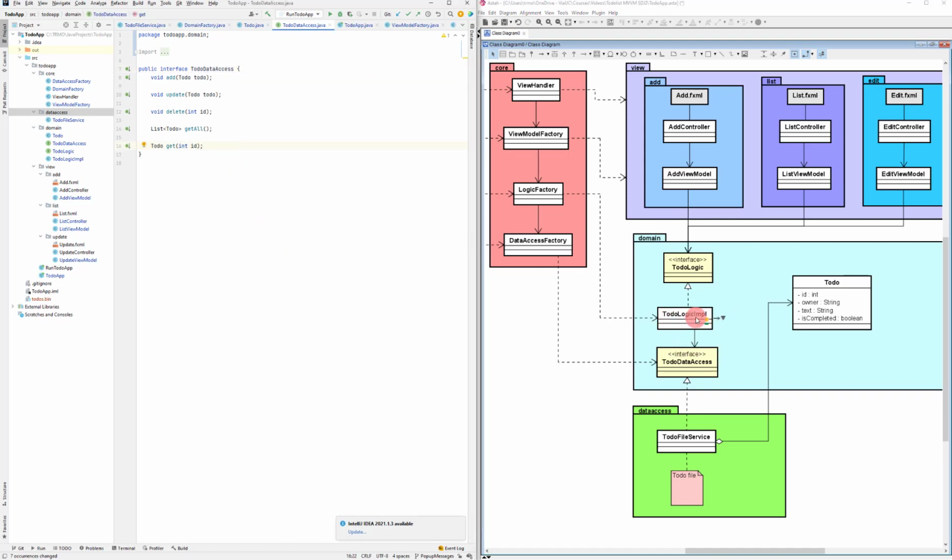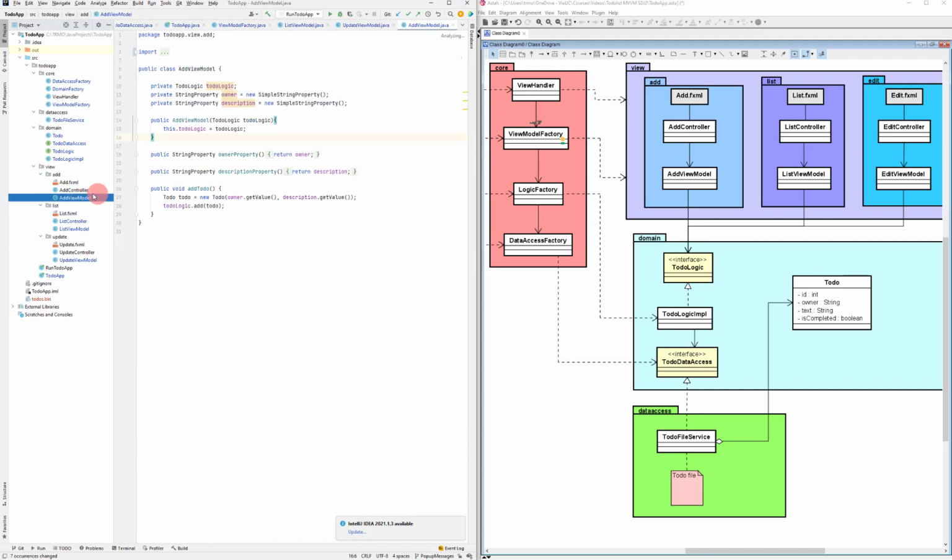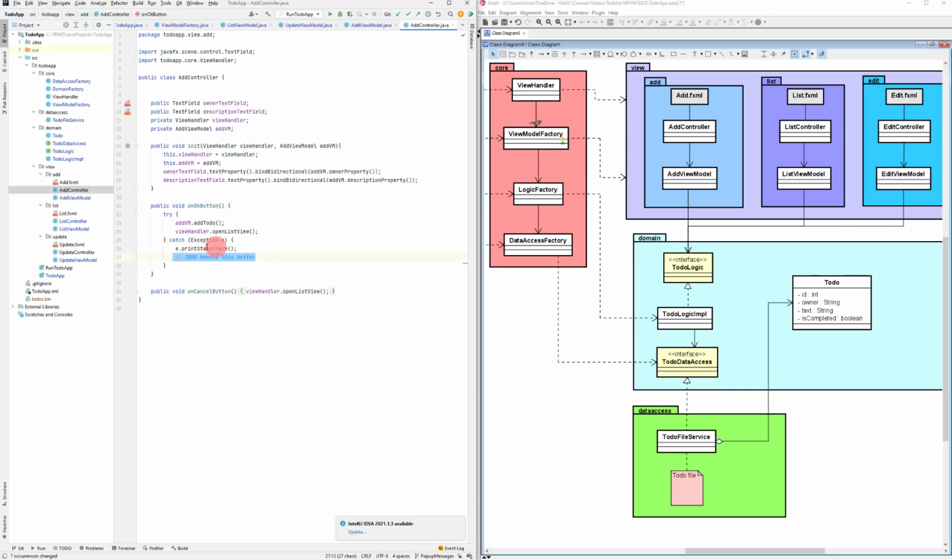My to-do logic implementation here can throw some exceptions. The to-do file service can throw some exceptions, and we need to handle those in my controllers or view models. I think I'm going to handle them in the controllers for the most part. So whenever we add a new to-do here, you can see we get something printed out, because I might get an exception if I try to create a to-do which has invalid data. So if I don't set the owner, or if I don't set the text or description, then I get an exception. And currently I'm just printing out a stack trace, and obviously it's a good idea so